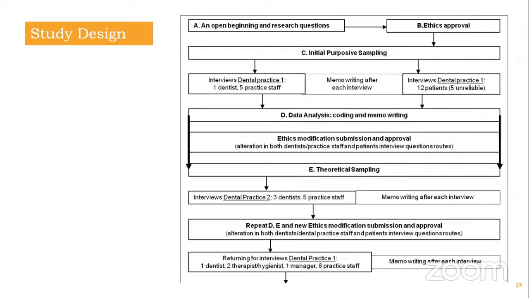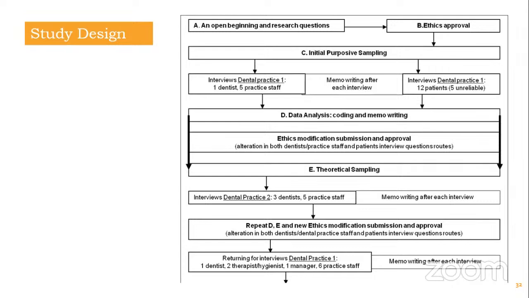Again, they repeated this stage D and E. Means after this memo writing was done, they again did coding and memo writing. Then they went for ethical approval. Then again, they repeated the process of theoretical sampling in this case, and went for ethical approval, returning for interviews in this stage. After this stage, they went for further modifications where they interviewed 1 dentist, 2 therapists or hygienists,